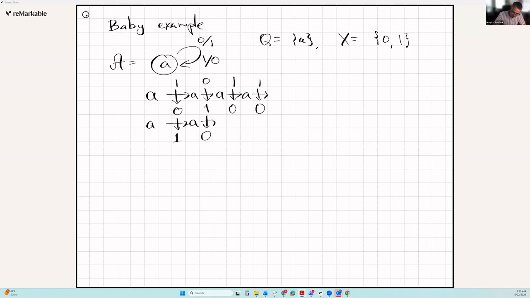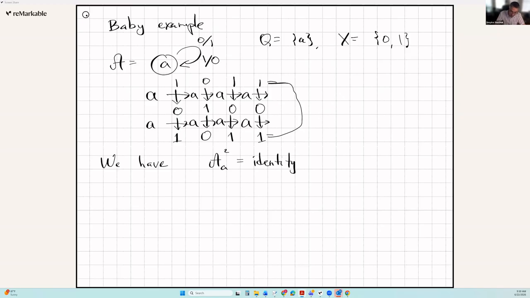1 will be flipped to 0, and you go back to state A, and same as before, 0 is flipped to 1, and then 0 is flipped to 1 again. So you get back to the same word, right? So this is the same word, which means that if you apply this transformation twice, you're going to get the identity, and which means that the group just has order 2. So we have that A squared is equal to identity.